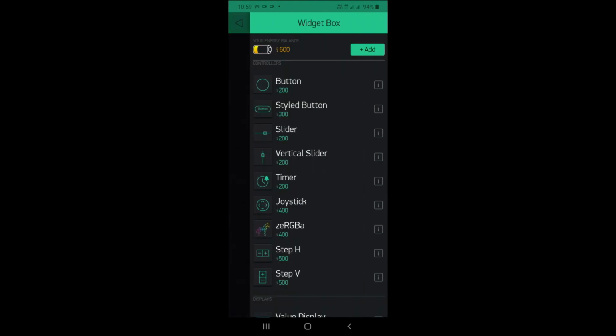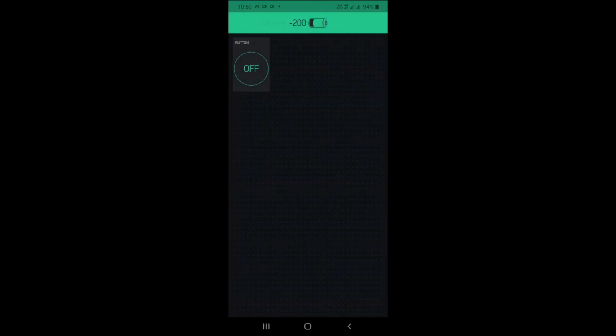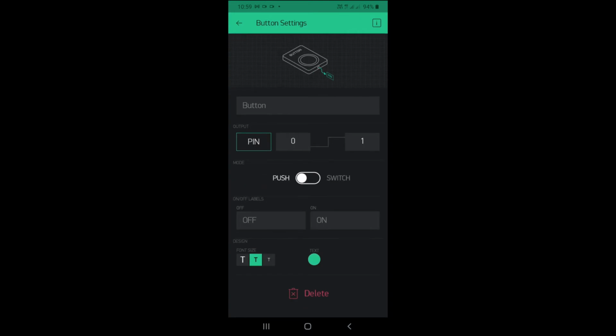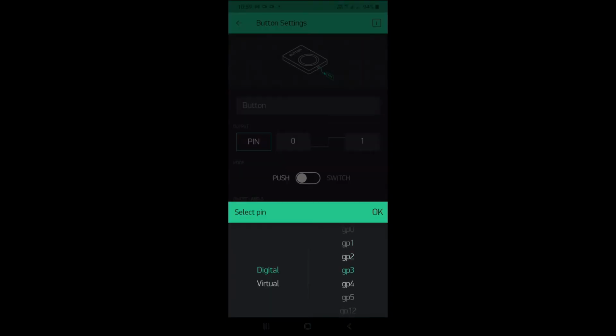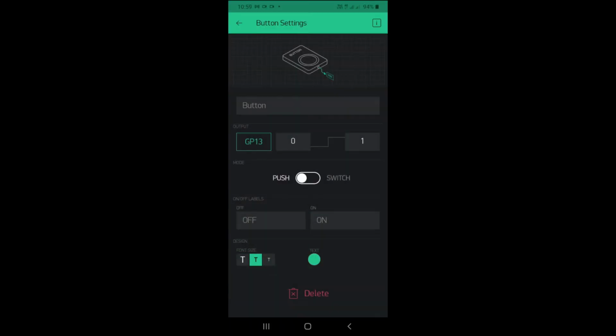Here you just swipe right, then this menu will come. Insert a button and click the button and assign the pin number as 13 in my case. Then change the button type as switch. That's it.